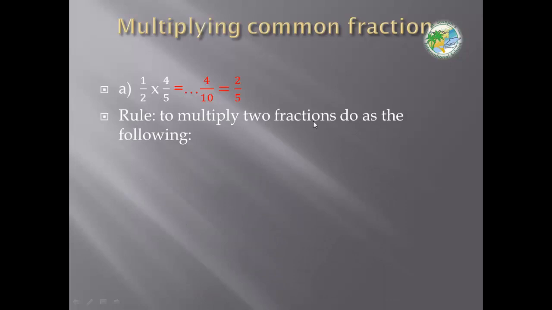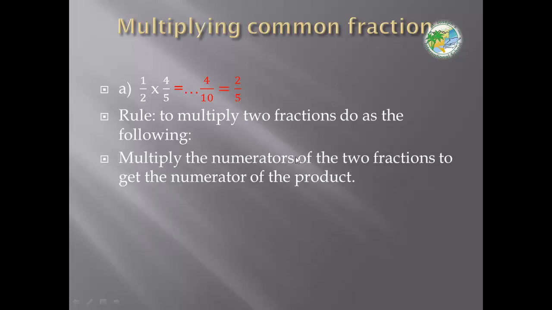Multiply two fractions. Do as the following. احنا ملاحظين ايه؟ What do you observe from these questions? 1 times 4 equal 4. 2 times 5 equal 10. طيب ال 4 over 10, from primary 3 we know how we can simplify the fractions. How can we simplify these fractions? 4 over 10, even numbers can be divisible by 2. 4 divide 2 equal 2. 10 divide 2 equal 5. Okay? Now